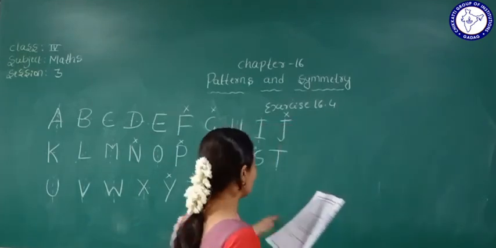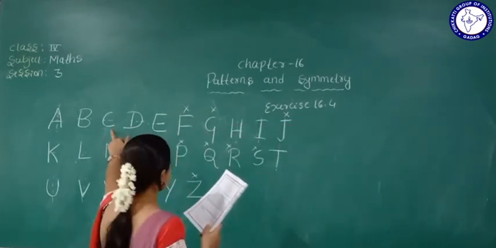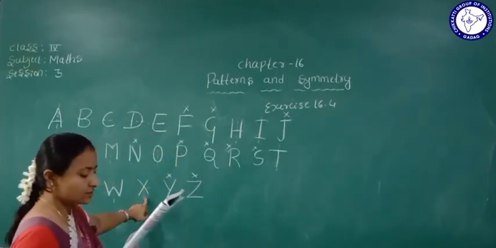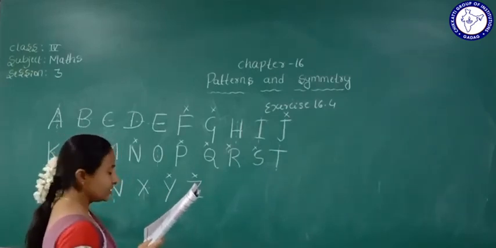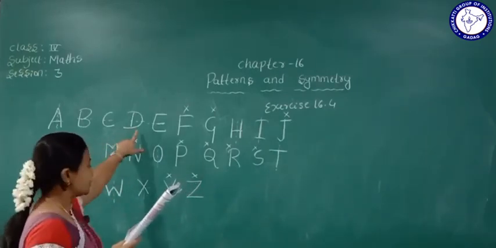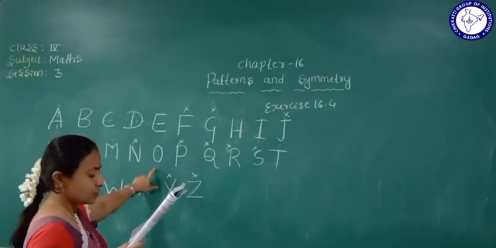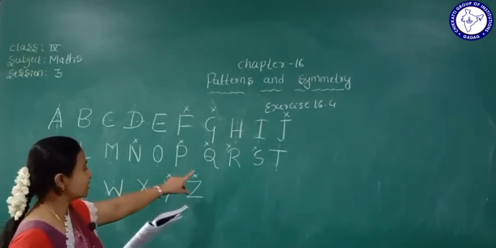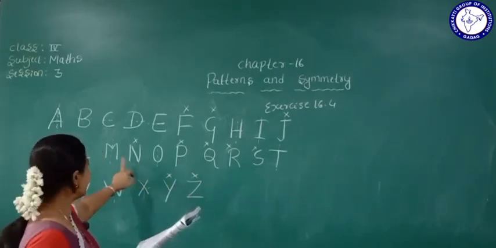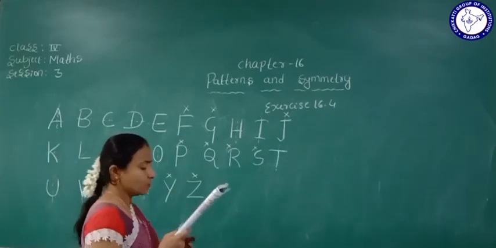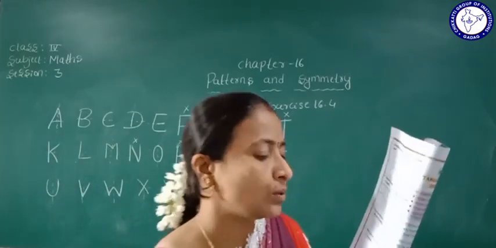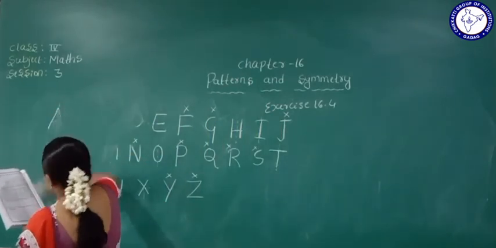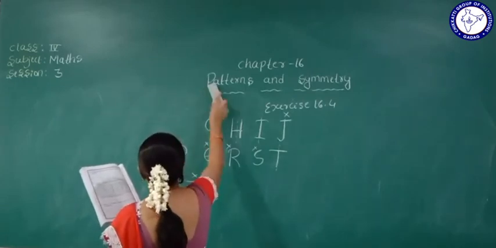Understood? So you can see here, find out C, in C it comes here, and M has an axis, X also, so axis of symmetry, and V it has, then A also, D also, and O also has an axis of symmetry, W also has an axis of symmetry, N does not have an axis of symmetry, and B also has an axis of symmetry. Okay, so in the given letters only N does not have an axis of symmetry. So all the remaining ones in the question have it.